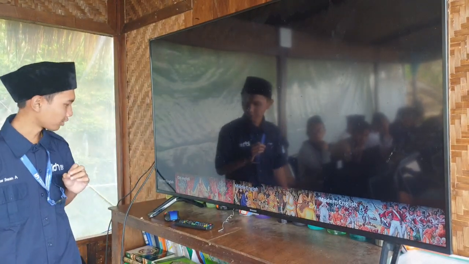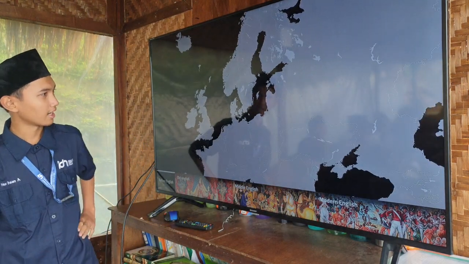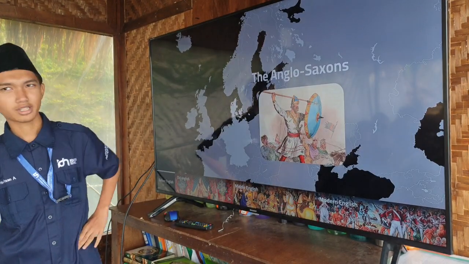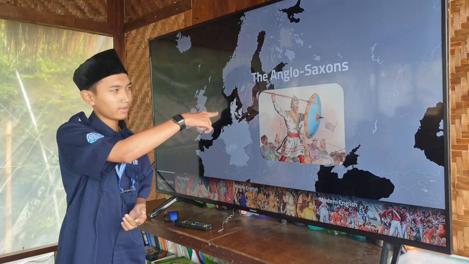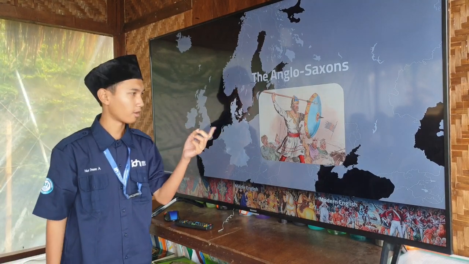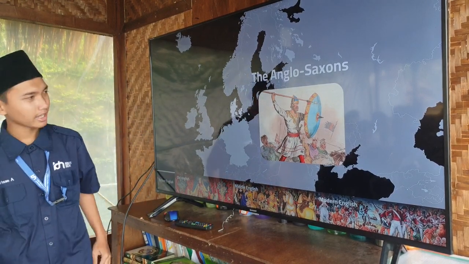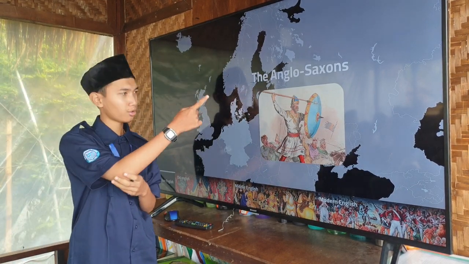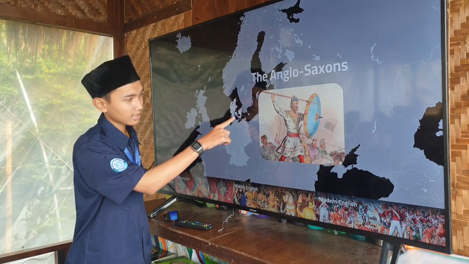But first, I think we have to explain what came before English. So it all starts in Europe. There were these people called the Anglo-Saxons that lived in the northern part of Denmark and in Germany, I think it's the city of Holstein, if I'm not wrong. There lived the Anglo-Saxons. Here there were three kingdoms: the Jutes, the Angles, and the Saxons. The Jutes are the northmost, the Angles are in the middle, and then the Saxons are over here.